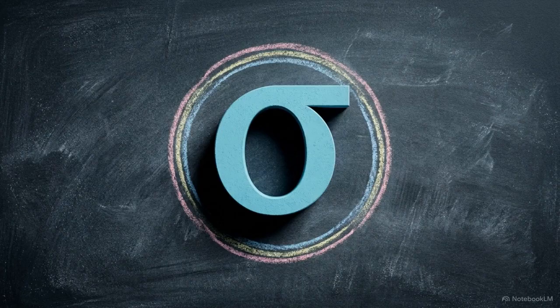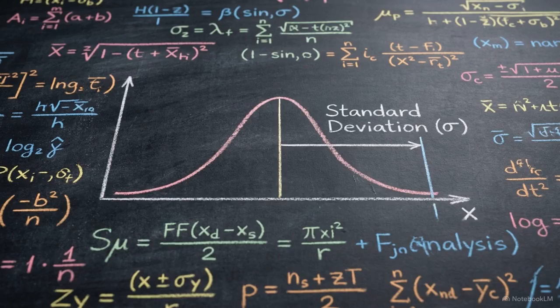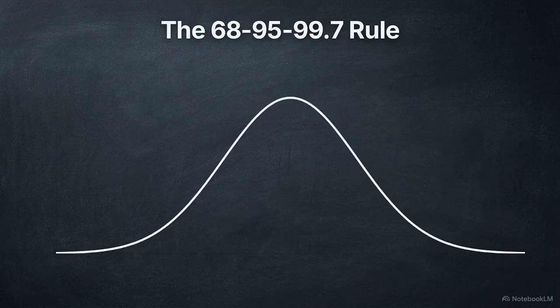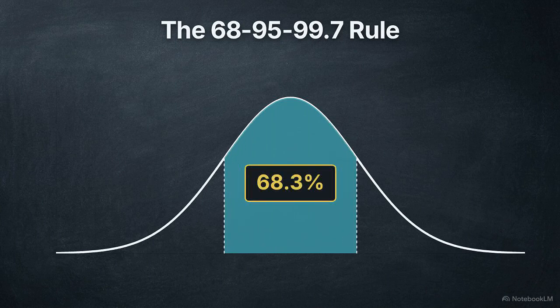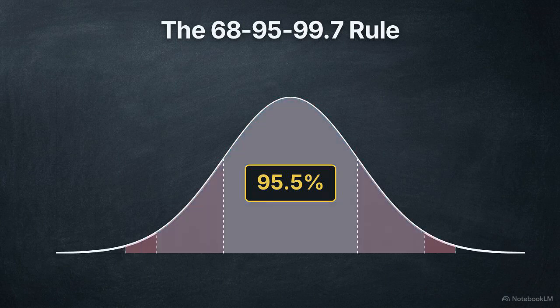To measure the spread of this curve, we use the standard deviation, or sigma. This is the unit that describes how far any data point sits from the central mean. We can mark geometric boundaries at exactly one standard deviation above and below the mean, shading the central region. According to the empirical rule, 68.3% of all data in a normal distribution falls within these boundaries. Expanding to 2 standard deviations captures 95.5% of the data. At 3 standard deviations, we encompass 99.7% of the entire population.